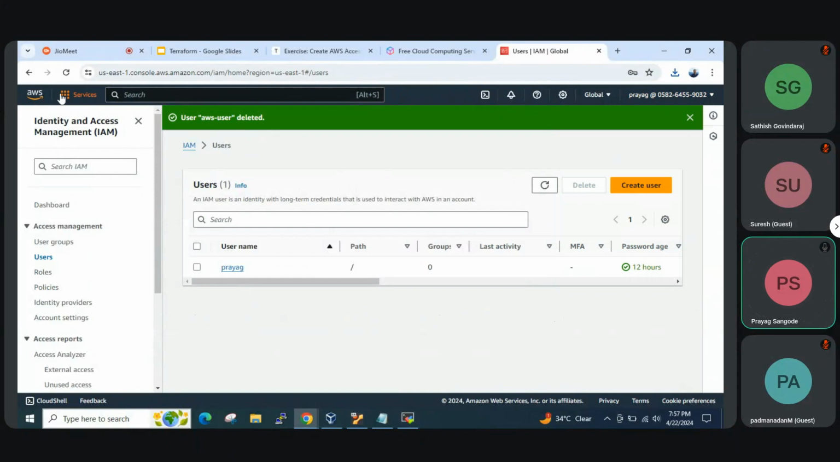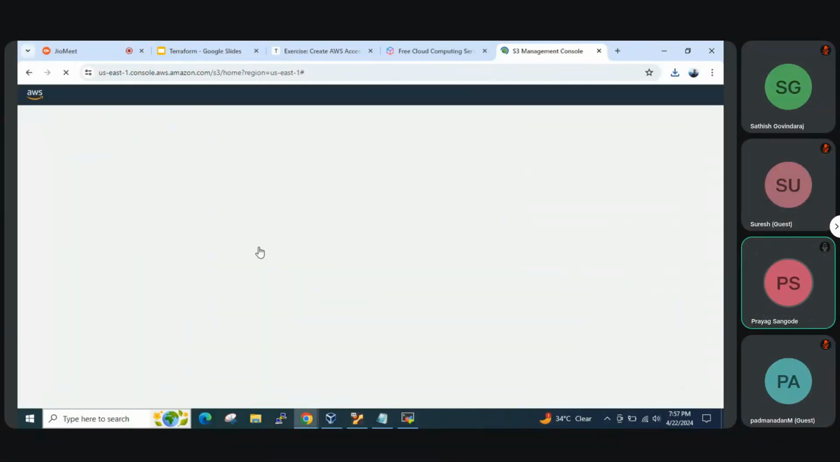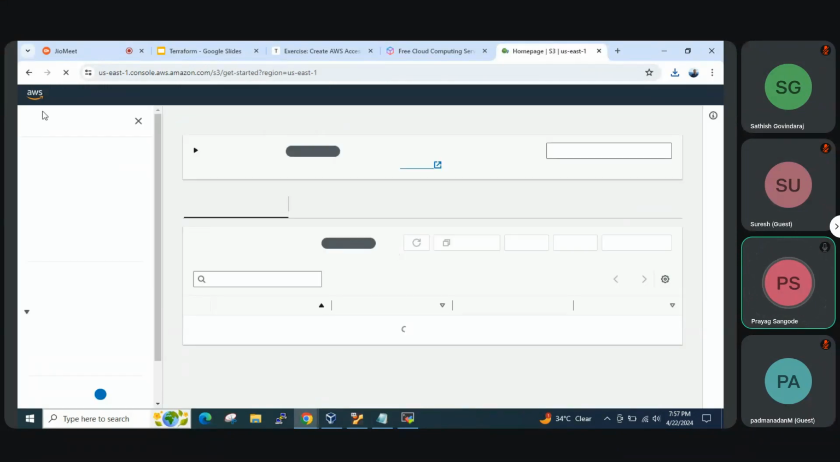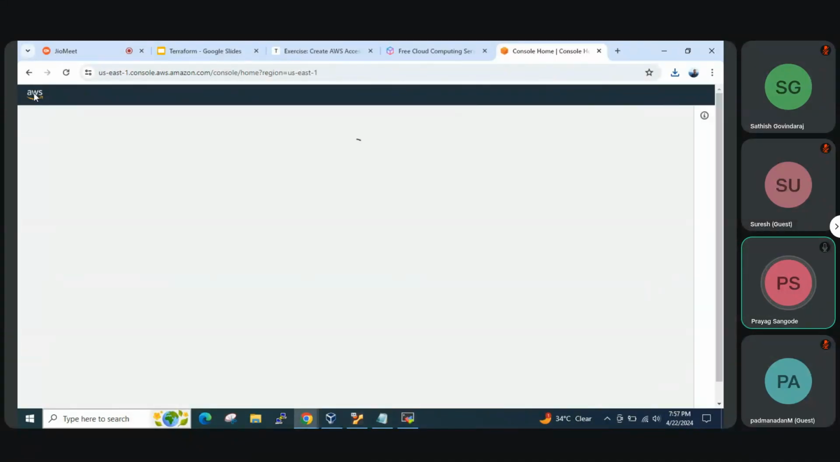Now I'll quickly walk through how to create a resource in AWS. In AWS, we'll be creating two resources. One is an S3 bucket. What is an S3 bucket? So let's learn how to create an S3 bucket first. After you log into the AWS console,